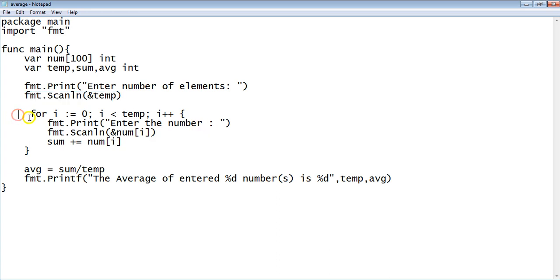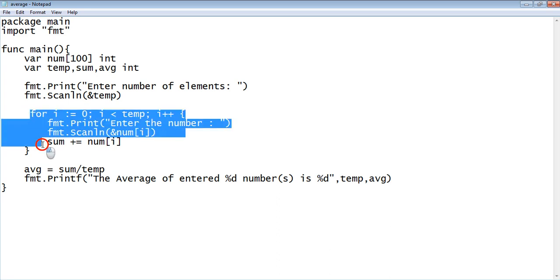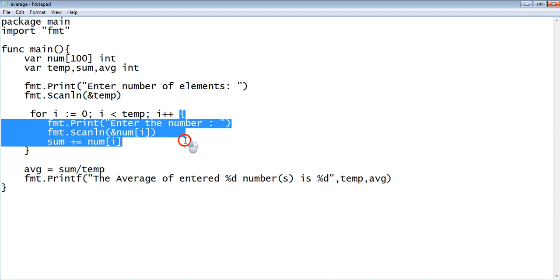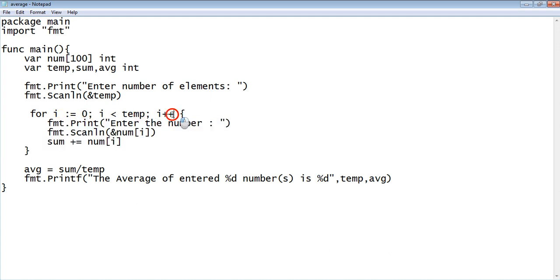Okay, so the next part is where you're going to compute the sum. Pretty much the same in all languages except for minor differences in syntax. Let me tell you what that is. First you take the for loop here. This is a for loop that computes the sum of n numbers. In the first line, there is only one difference between this syntax and the C++ syntax.